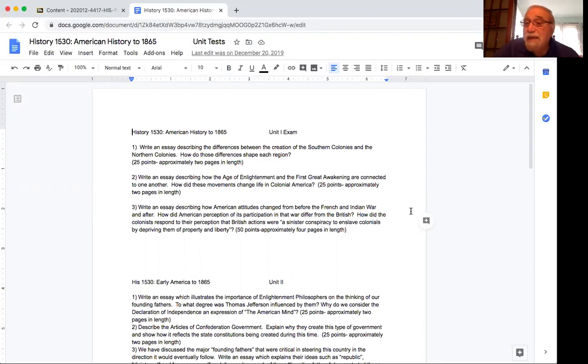All the information I ask on the unit tests is going to be information that you'll glean from the text and from your weekly essays. There should be no problems with you doing either the weekly essays or the unit tests. Now, the weekly essays are due every Friday. I would expect that you would email me your weekly essays, and I will grade your weekly essays right on